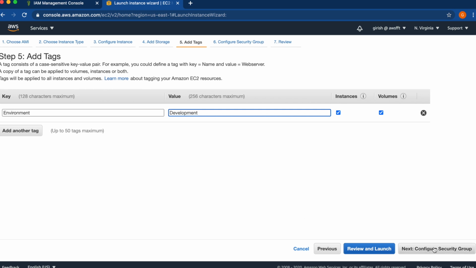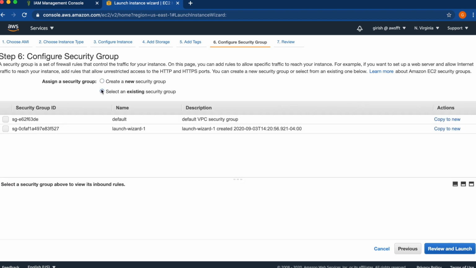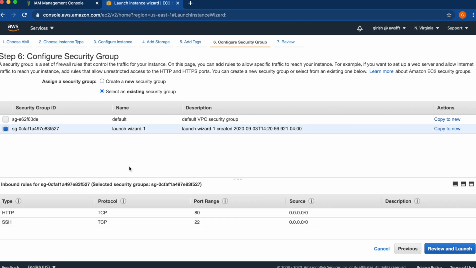So here we'll just keep one, and you can create a new security group, or I have one, so I'll just choose it. So you can see whatever access I have given: one is SSH into that instance and HTTP. So you can create a new one or you can just continue using it, as we will be making it a web server.